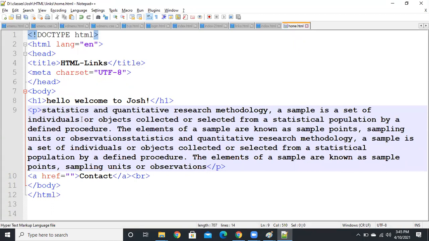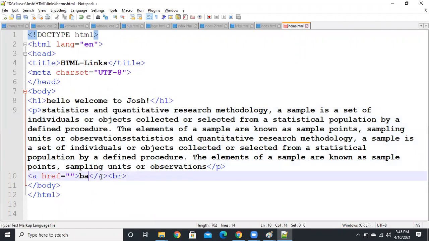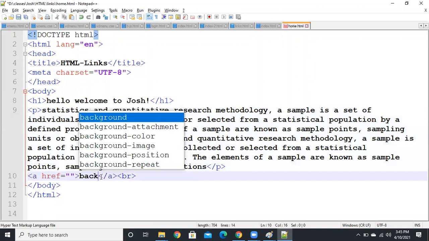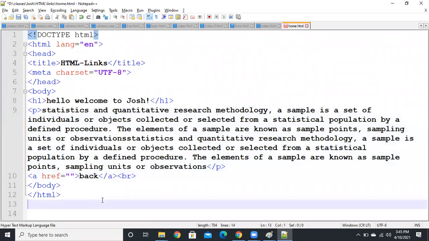In the home page, I have one heading, one paragraph, and one link, simply back. Okay, so this is my home.html page.